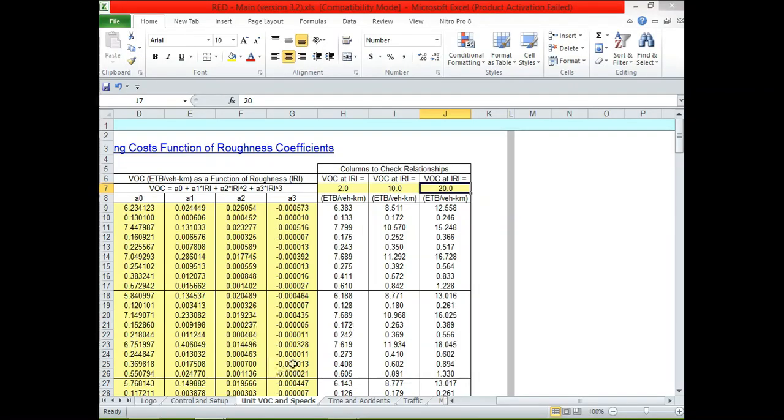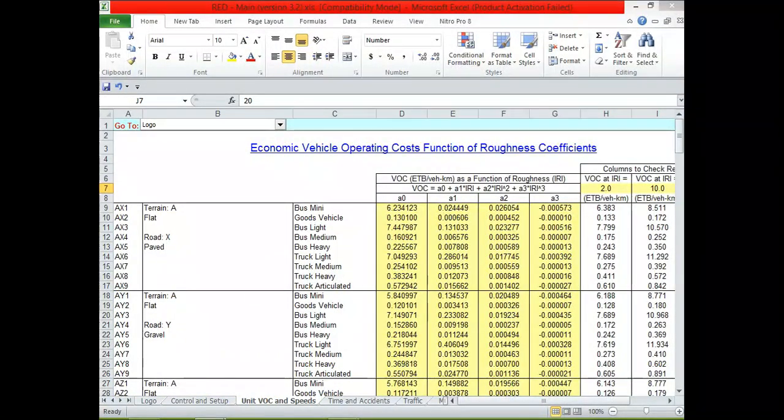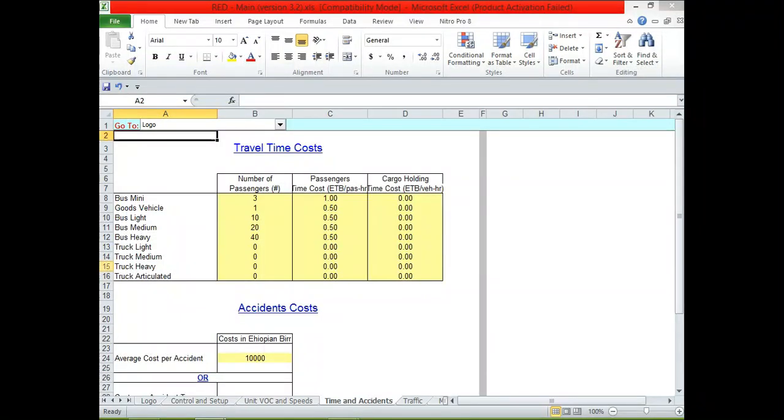So these are the portion which is transferred from the VOC to the main version. So our interest, we can leave it here as it is. Don't touch this one. Now we come here. This is important. Here, number of passengers per vehicle. Bus, mini bus. Number of passengers. It's more than that, mini bus. At least it should be 14